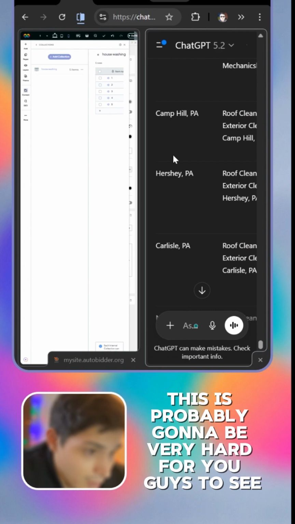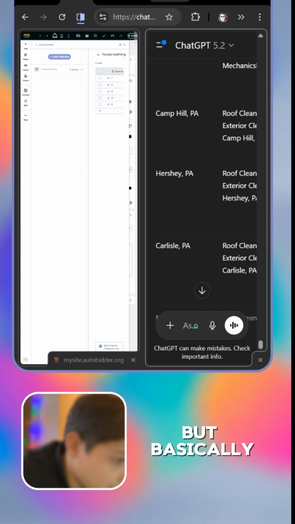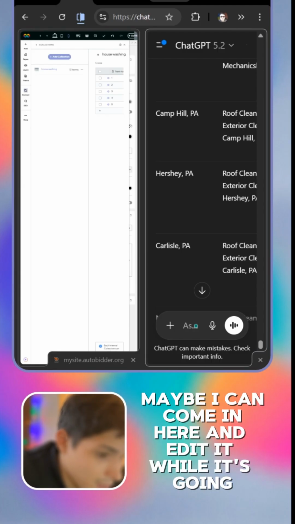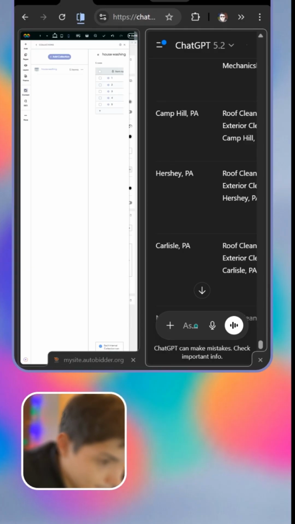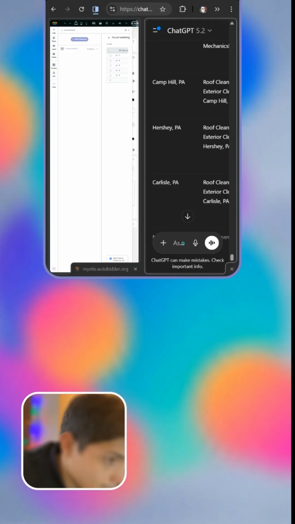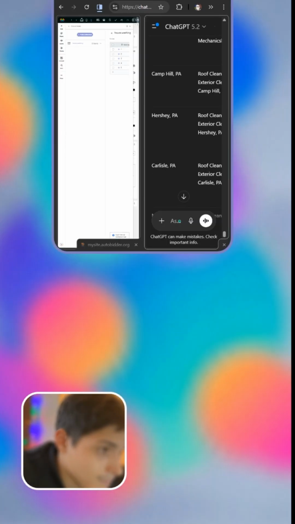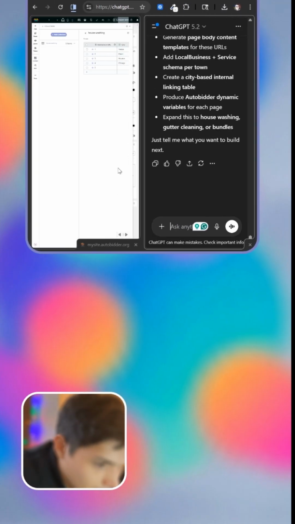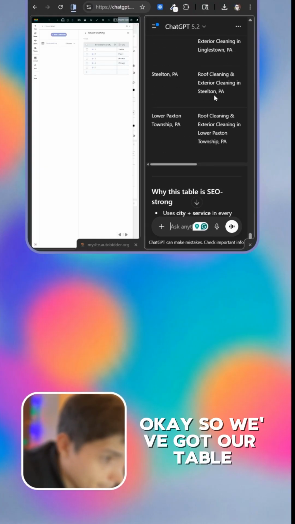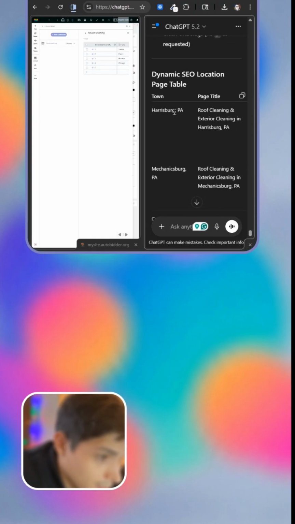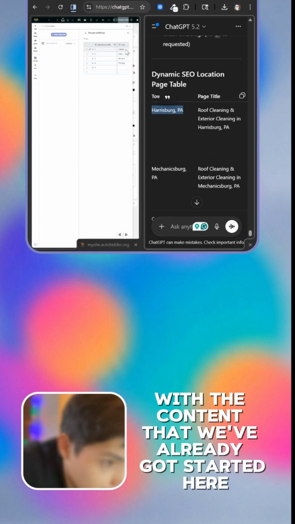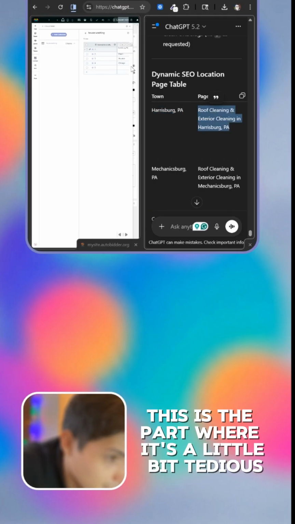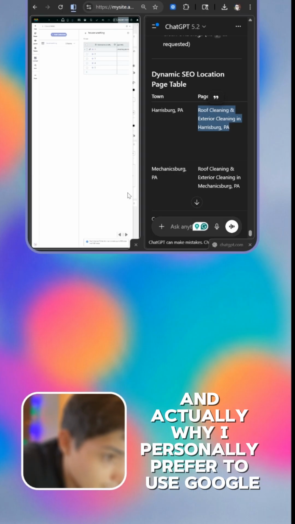This is probably going to be very hard for you guys to see. I wish I could make this easier for you to see. Maybe I can come in here and edit it while it's going. Let me give this a quick try. Okay, so we've got our table. So I'm just going to fill this in with the content that we've already got started here. So I'm going to replace the cities I was doing. And then this is the part where it's a little bit tedious, and actually why I personally prefer to use